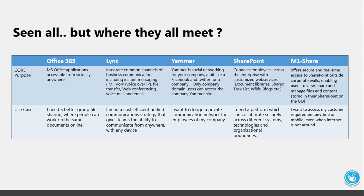So we've seen all of these, but where do they all meet? Office 365 is better for group file sharing, where people can work on the same documents, and everything is available online. So you don't have to maintain and need a lot of resources to host it in-house, or grow the infrastructure as you grow. Then Lync allows you to make a unified communication strategy